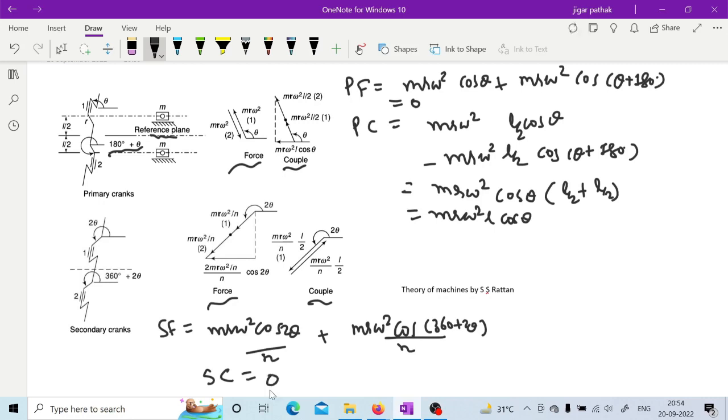So in inline two cylinder engines with cranks 180 degrees apart, primary force and secondary couple are balanced, because primary force is coming 0 and secondary couple is coming 0. So what you need to take care of is the primary couple and secondary force. This way 4-cylinder and 6-cylinder engines are also discussed in Ratan. You can explore that. I am not going into depth, because we need to solve some questions also. So we will go quickly,